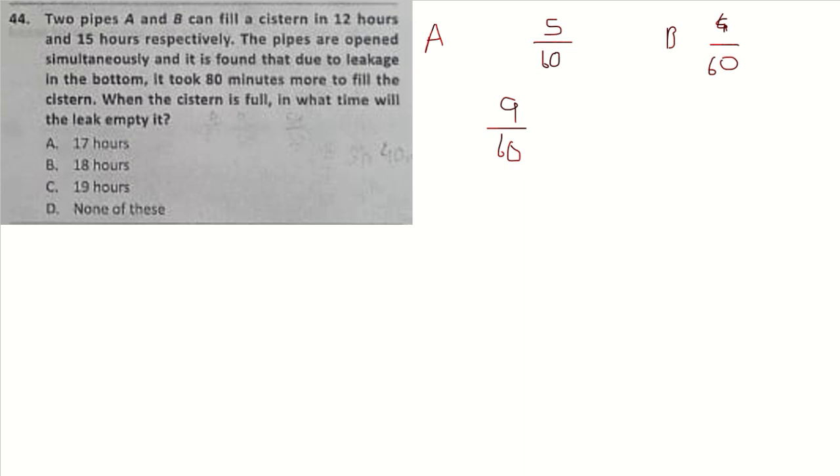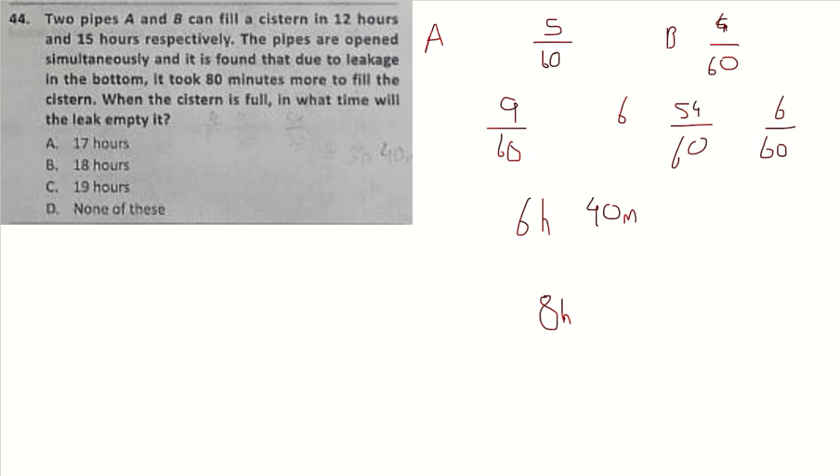Now, how much time will they take to fill the whole cistern, let's say there is no leakage? Then it will take 6 hours to fill 54/60, and the remaining 6/60 of the cistern, it will take 6/9 of an hour, which is equal to 40 minutes. So it will take 6 hours 40 minutes to fill the whole cistern without any leaks. Now, when the leak is there, it takes 80 minutes extra. 80 minutes is 1 hour 20 minutes extra, so total 8 hours to fill the